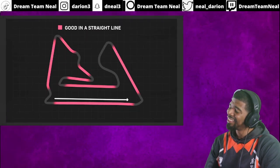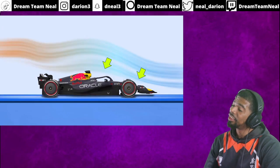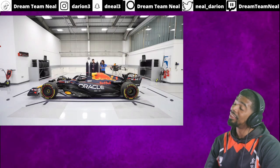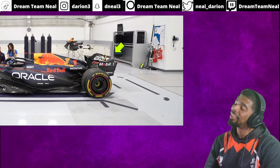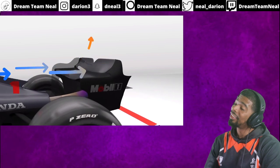To go super fast in a straight line, you need to knife through the air with as little drag as possible. But as you create more downforce, it normally comes with added drag, which is preventing the car moving through the air. So it's a resistive force. For example, look at this back wing. It generates downforce on the turns, but it feels like a big parachute slowing the car down in a straight line,